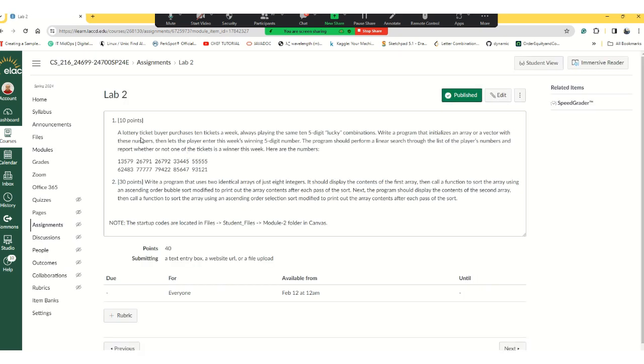So you have a lottery ticket buyer who purchases 10 tickets. Basically, you have to do a linear search for these numbers. You have to search for a particular 5-digit number, and then